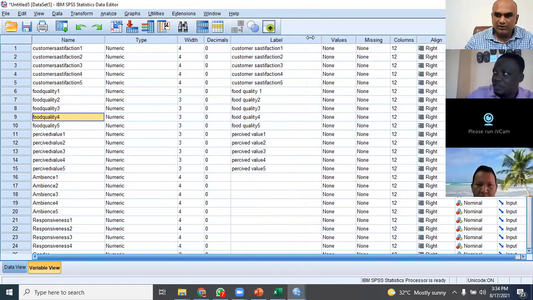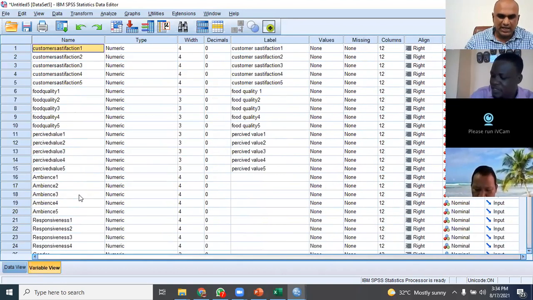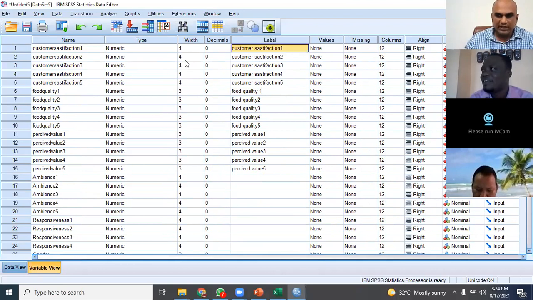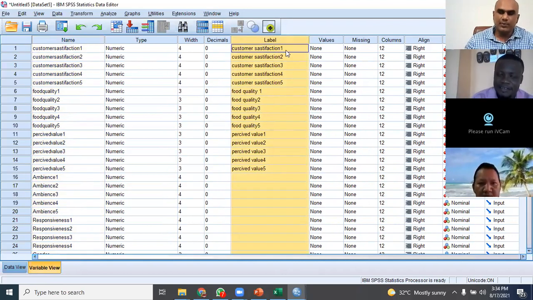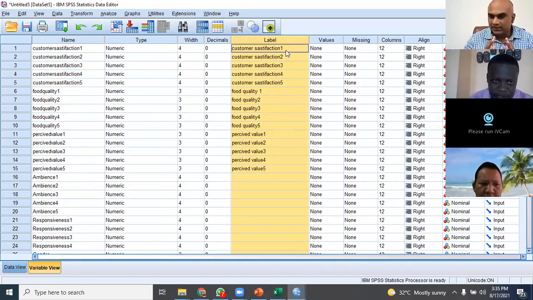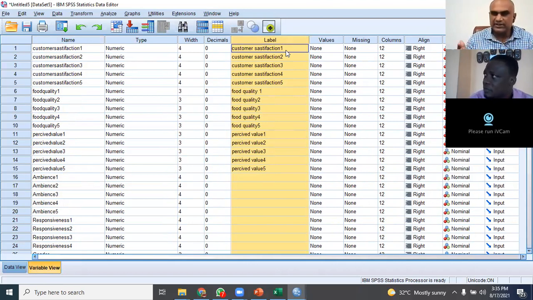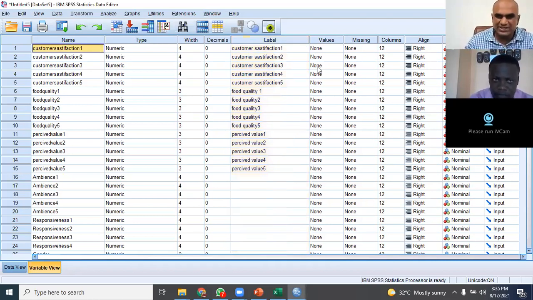Another problem is that I see customer satisfaction here, and I had given codes. So this view is for me. This view is for the report. If I want to see the reports and tables, and I want them to be concise, readable and understandable, I need to put coding here. I need to put a shorter name here. I could put the same as it is, but again, that will make the reports quite difficult to read. So to make it simpler, for customer satisfaction, same coding, CS1,